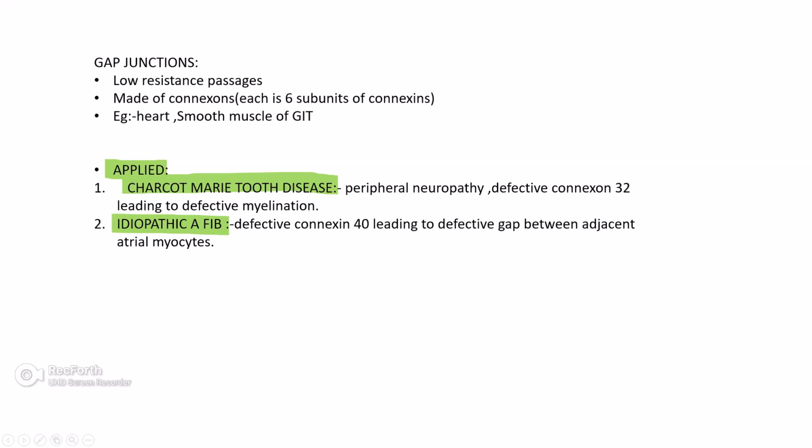Under gap junctions, these are low resistance passages. They are made up of connexons. Each connexon is made up of 6 subunits of connexin. Example, heart and smooth muscle of GIT. Applied aspect of gap junctions are Charcot-Marie-Tooth disease. It presents as peripheral neuropathy due to defect in connexin 32, leading to defective myelination. And one more thing is idiopathic atrial fibrillation, defective connexin 40, leading to defective gap